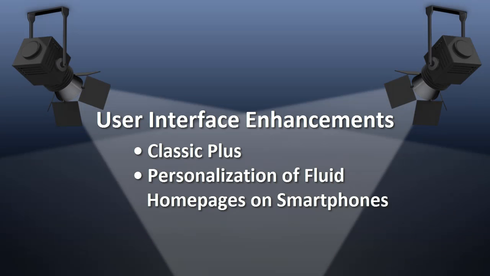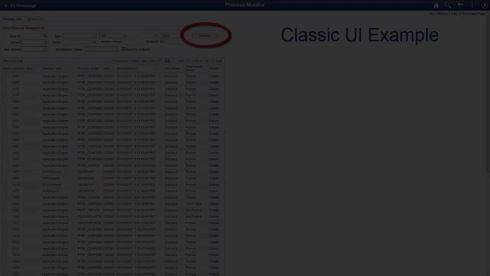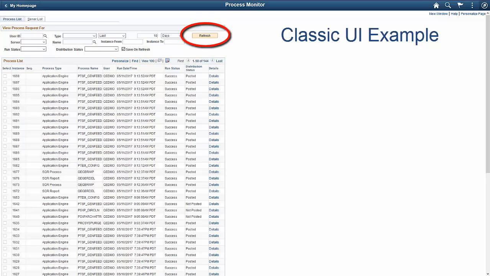In this segment, we'll discuss user interface enhancements, including Classic Plus and personalization of fluid homepages on smartphones. Classic Plus. The PeopleSoft Fluid User Interface has replaced the traditional PeopleSoft Classic UI as the standard user interface for PeopleSoft applications. Since PeopleTools 8.54, both Classic and Fluid pages have coexisted in all PeopleSoft applications and will continue to do so. As a step towards unifying the look of all pages, the Classic Plus feature allows reworked Classic pages